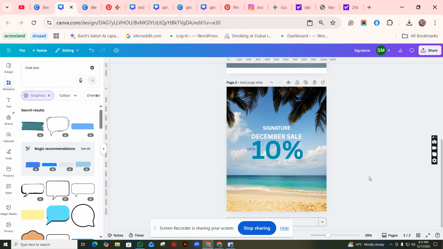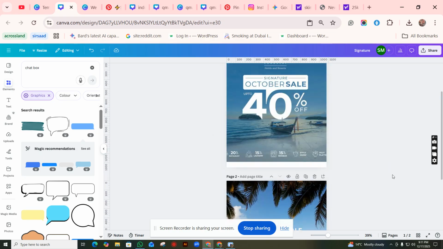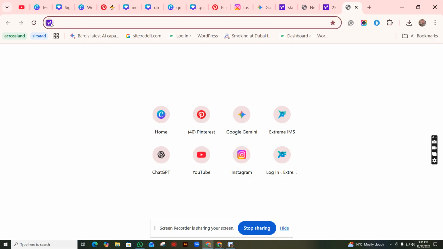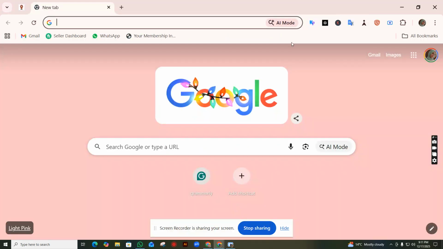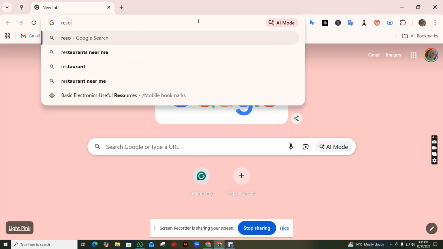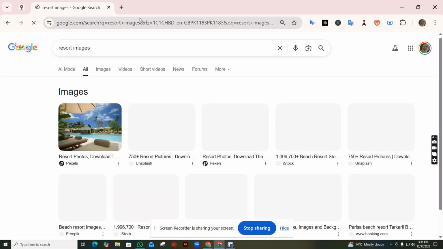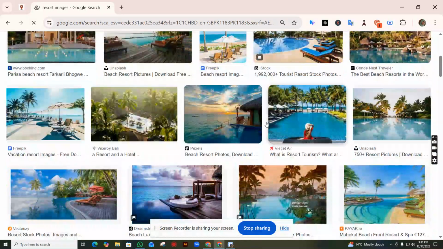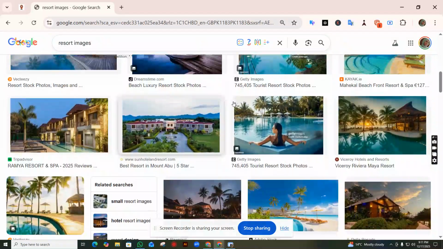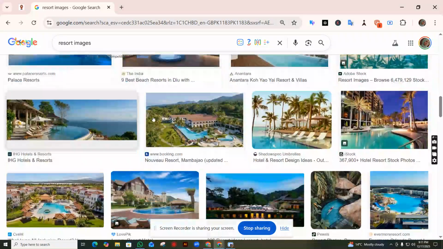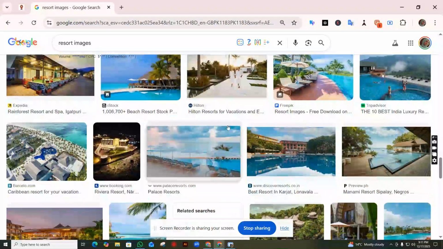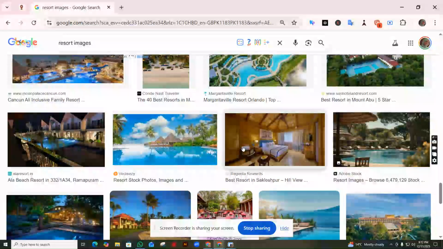Okay, so this was a very basic design. Even if you do not like this one, you can just simply search on Google. For example, I'm gonna search resort images, and I can go on images, and there are hundreds of images that I can use. So I can choose the image that is minimal, that will align with my design, that will be according to the way I want. Okay, so first of all, whenever I'm going to look for the images,